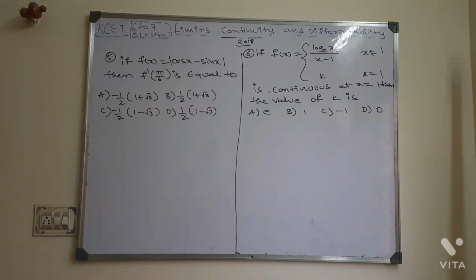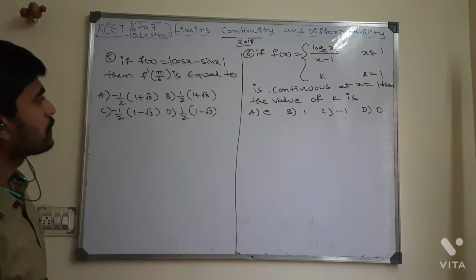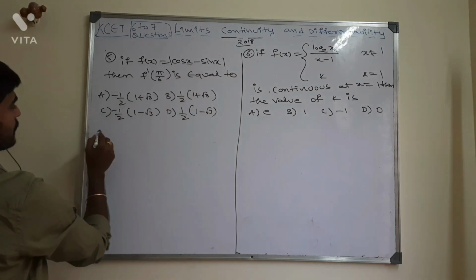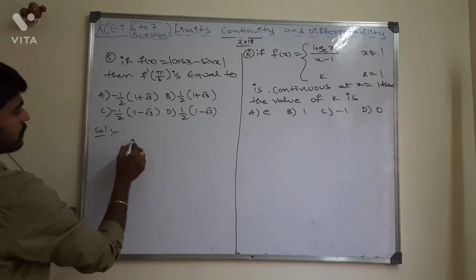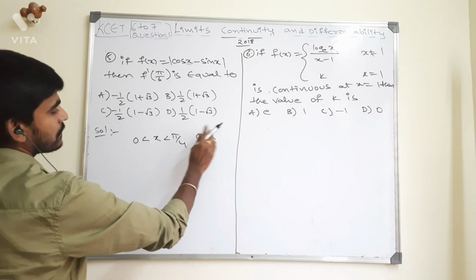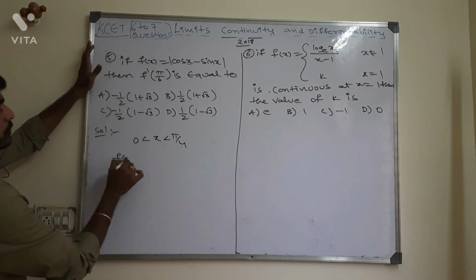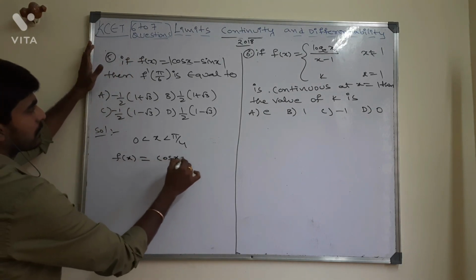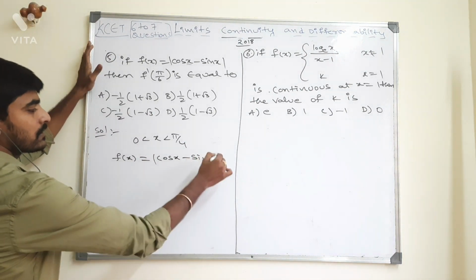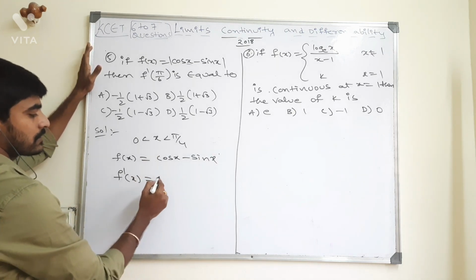Hi students, now these questions you see. Maybe people are going to feel easy, but nothing is there to feel easy. Actually, you consider x is from the first quadrant, like 0 less than x less than pi by 4. As per the condition, cos x and other conditions are there, many conditions. As per that condition, simply I want to tell you, please consider f of x is just cos x minus sin x. So f dash of x is equal to, cos x derivative is minus sin x, minus sin x derivative is cos x.